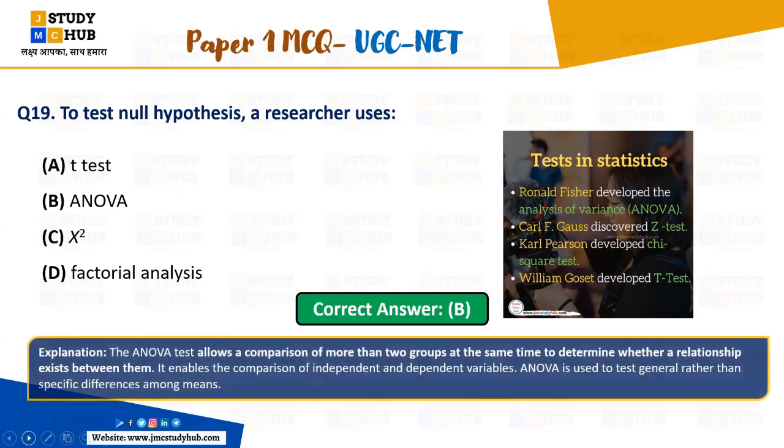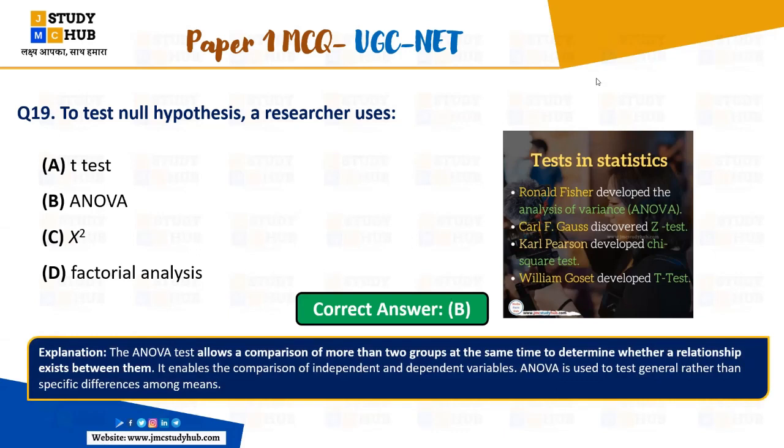So see here, if you look at the question that is given, the answer is B, ANOVA. ANOVA is one of the tests which you will study in research. In short, a hypothesis is a predictive statement, a tentative statement of the researcher, on which the researcher applies a test to decide whether to accept or reject the hypothesis you have framed. So after applying the test, you decide.